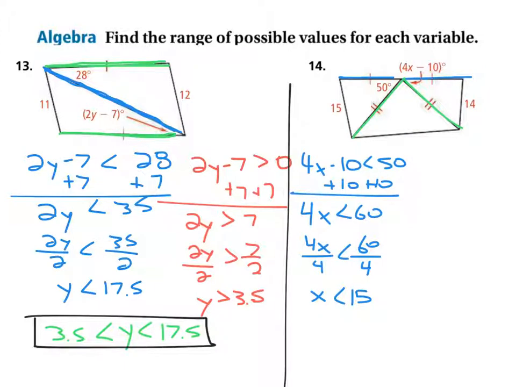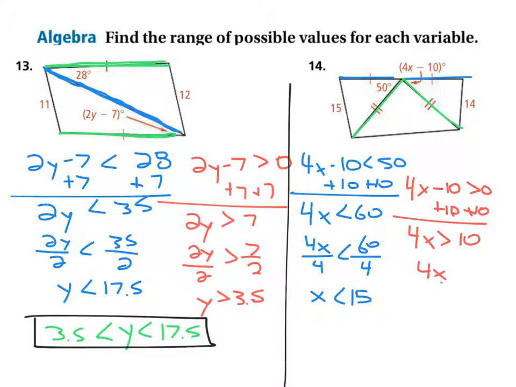So we can set up the inequality as 4x minus 10 has to be greater than 0. And then when you solve it, plus 10, forgive the sloppiness,